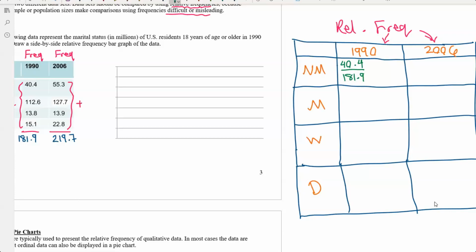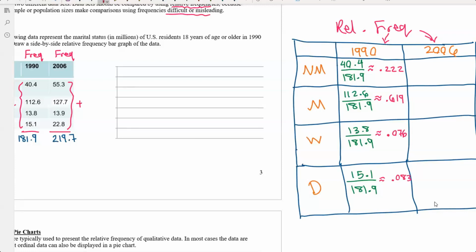So for this one it is 112.6 divided by 181.9. This one is 13.8 divided by the sum. And here is 15.1 divided by the sum. Okay, rounding that one is 0.222. Here is 0.619. 0.076, and this one is